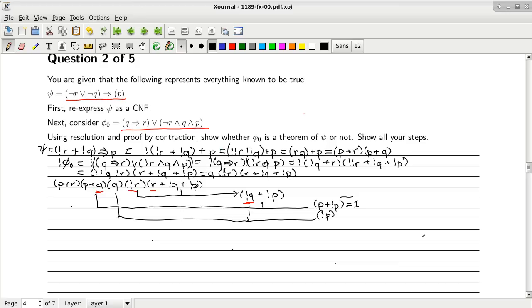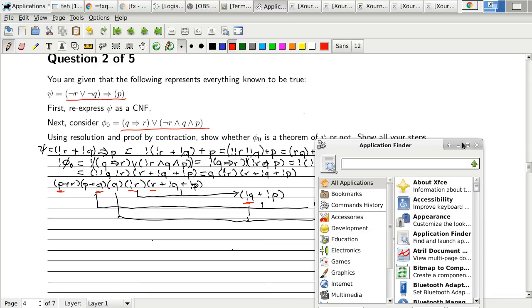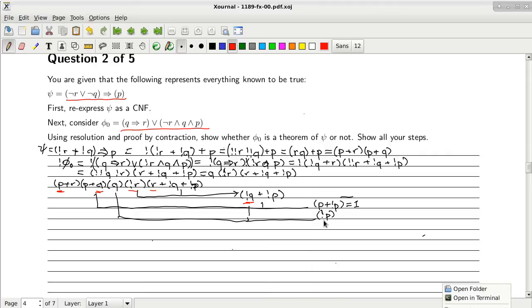Oh, okay, I see how this is going to work. So this time I'll look at this P. I'm touching the bottom of the screen. Okay, there we go. So this P and that not P are going to resolve, so we end up with R left. So I'm going to take this guy and take this guy here. The P and the not P are going to cancel out, and we end up with just R left